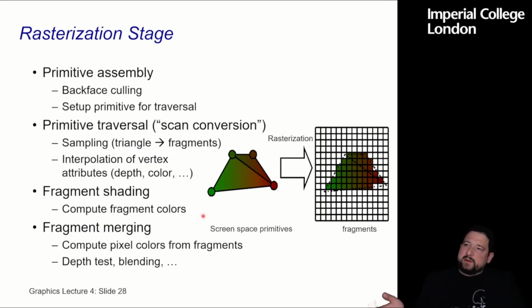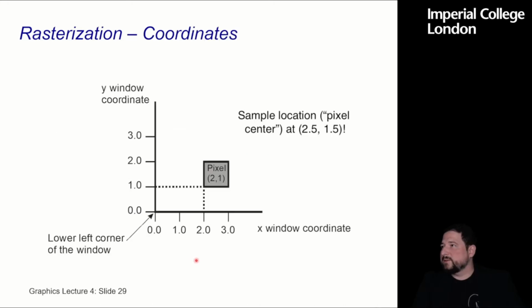Also, what you can implement here or use in the fixed function pipeline is the depth test and blending. You probably have transparent objects. How do you put objects together to simulate transparency? So okay, one more